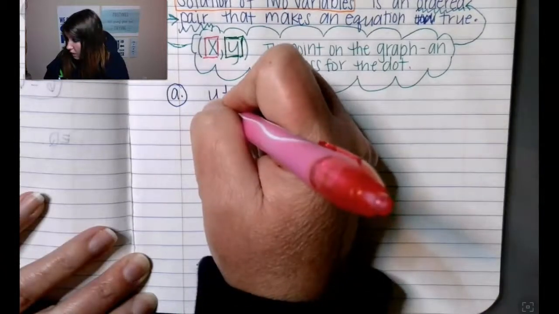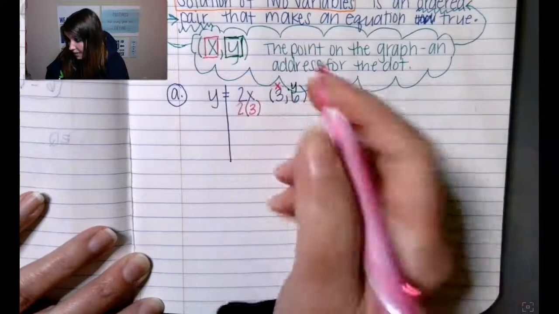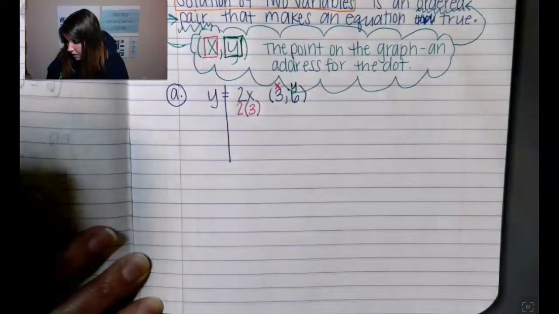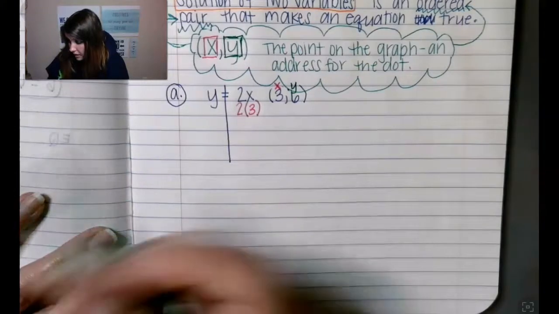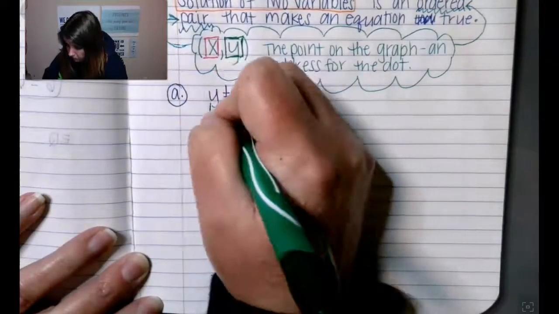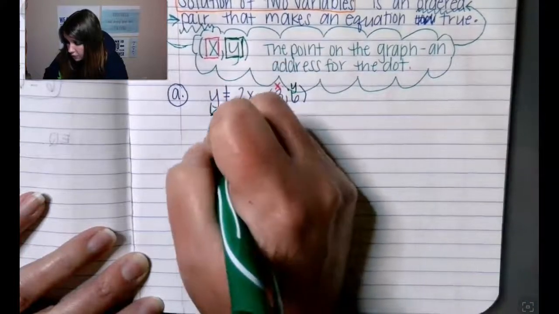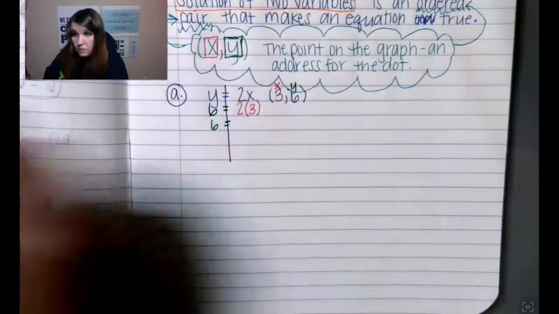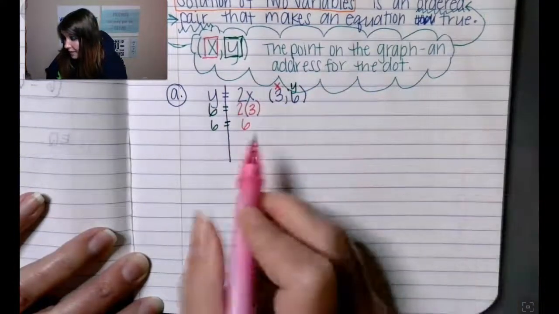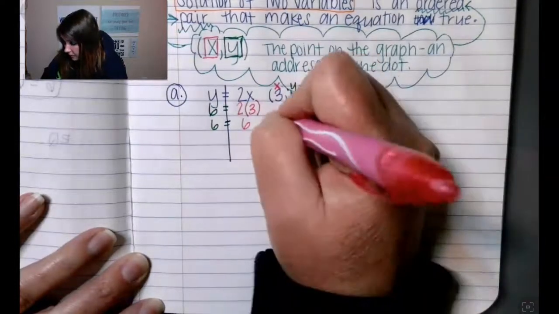And we want it to be equal to 6 because on this side it said it needs to equal 6. Well, we know that 2 times 3 does in fact equal 6. So if y equals 6,